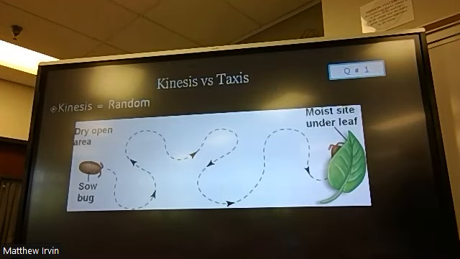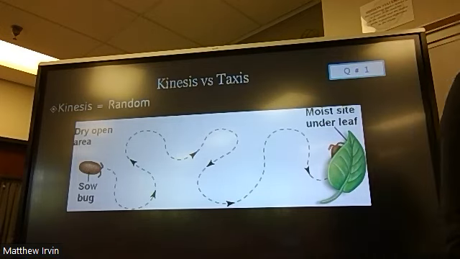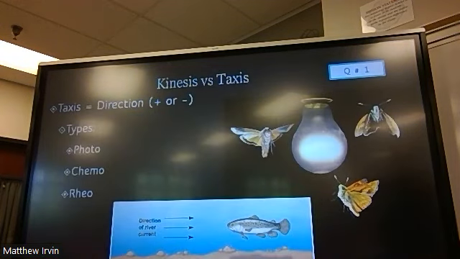Different kinds of movement behaviors. We've got two types. So kinesis is random. So organisms will move around until they just happen to run into a place that they like, and then they stay. So it's not directed towards something. If they just kind of wander around, probably a lot like grandparents' day. Grandparents just be wandering around until they find the right spot. Whereas taxis is going to be directed movement, and it's either going to be positive taxis or negative taxis.